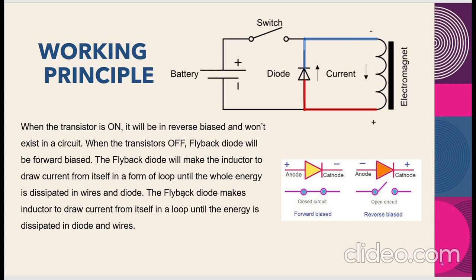The flyback diode makes the inductor draw current from itself in a loop until the whole energy is dissipated in the diode and wires. That means here, what the working principle says, whenever this circuit closes,